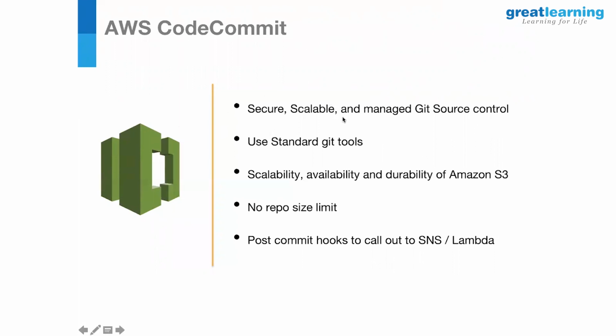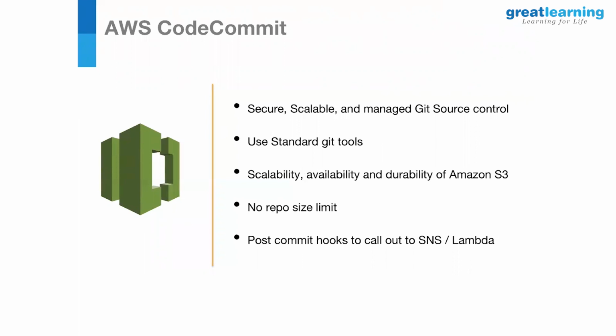Most of the companies these days use Git for their source control management. So this CodeCommit is powered by Git, and if you're familiar with Git already, you already know 90% of CodeCommit. The key feature of CodeCommit, though, is it's backed by AWS technology. This means that your code can scale up and scale down based on its size, and there is no issue in that. It's automatically handled for you.